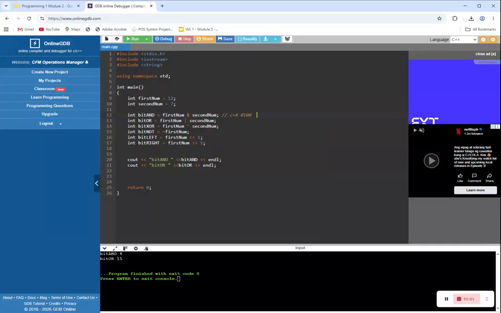If we were to check what 12 is in binary, that's 1 1 0 0, and 7 is 0 1 1 1. Again, let's try to evaluate.